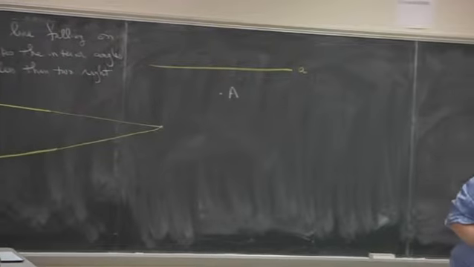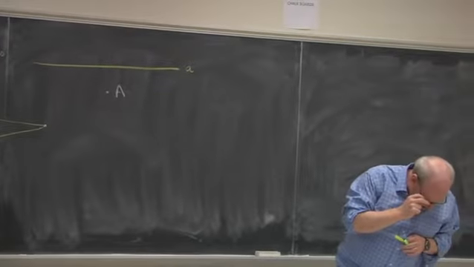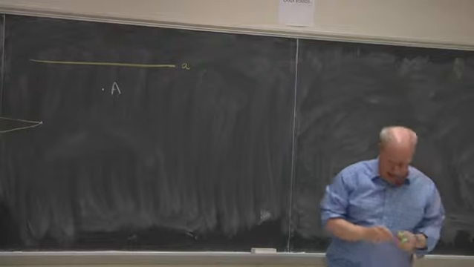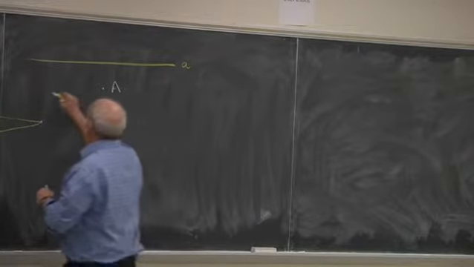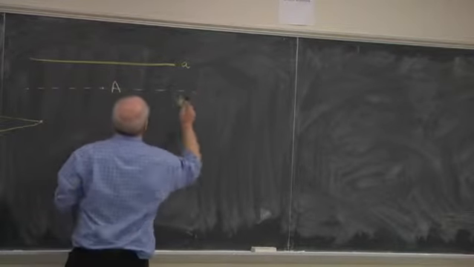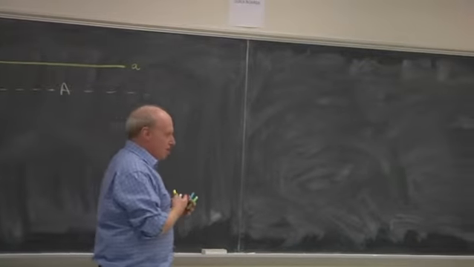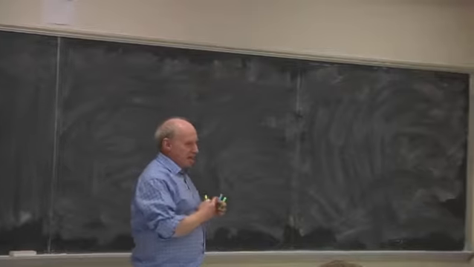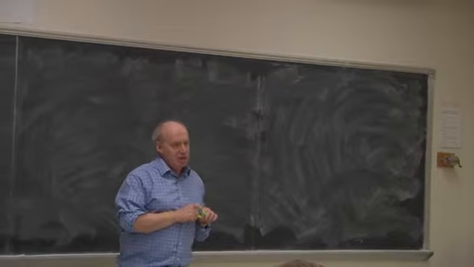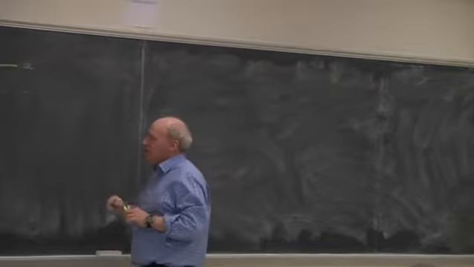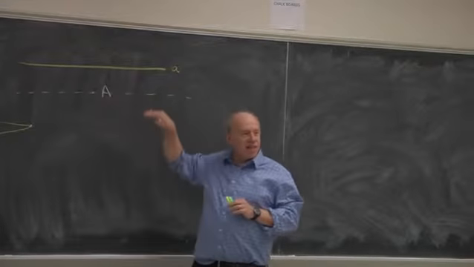And then he says, there exists at most one line through A, so there exists at most one line through that point A that doesn't meet little a. And in Euclidean geometry, there's exactly one such line, and that's the usual form of the parallel postulate. If you have a line and a point not on the line, then there's a parallel line. Parallel means